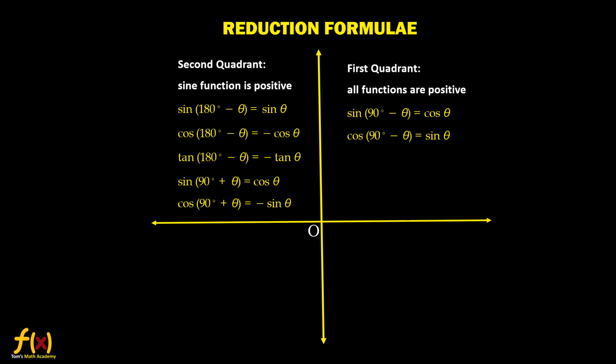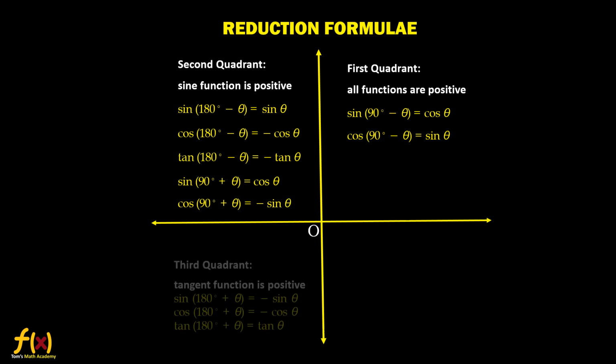Sine 90, here is 90 degrees plus something, it moves to the second quadrant. But when you have sine, what happens? Look at the sine. Sine is positive in the second quadrant, so it is positive, but because of this 90, we must know that sine becomes cos. Cos will become sine. See, cos in the second quadrant is negative. Look at this cos, it is negative. That's why we get negative here. So that is how we get all these reduction formulae here.